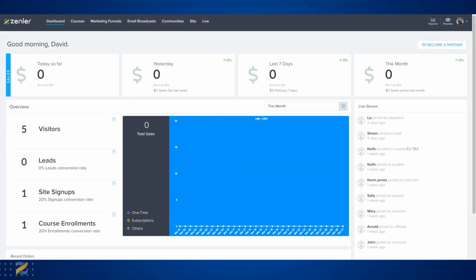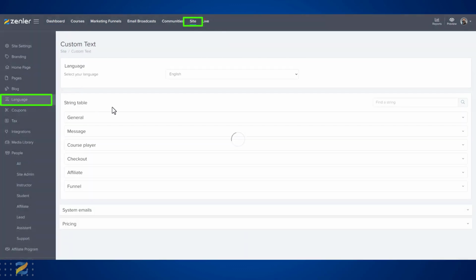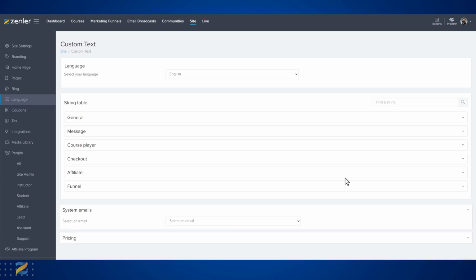Changing system email text. On your dashboard, go to Site, down to Language, and scroll down to System Emails. System emails are emails that go out automatically from the system when an action is triggered, such as registration to a new course. To change these system emails into your language, all you need to do is select from a